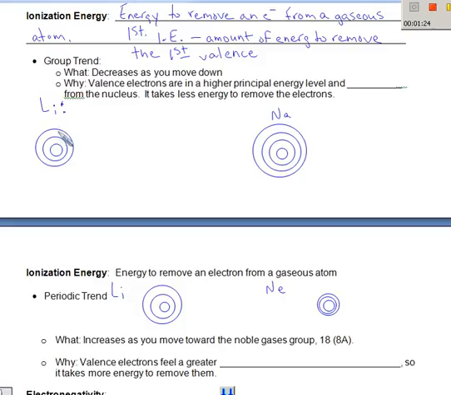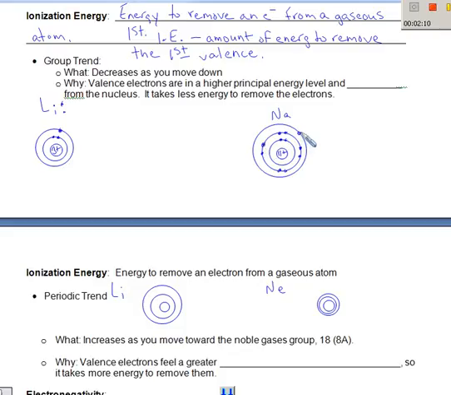We're going to look at the group trend. So we're going to go from lithium to sodium. So we have 2 electrons and 1 electron. We have 3 protons in our nucleus. When we go to sodium, we've got 11 protons. And then we have, again, 2 electrons in the first principal energy level, 8 in the second principal energy level, and the valence electron in the